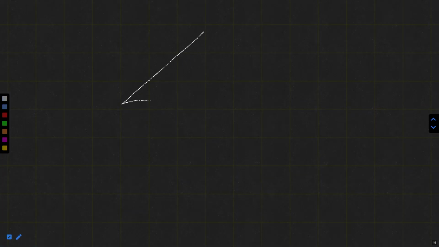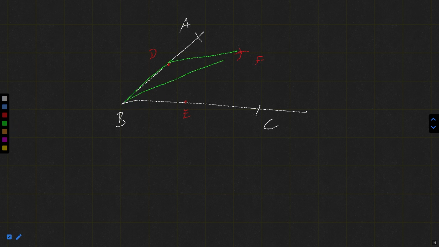So here is C, A, D, B, we know this is E, D, and the intersection is F, and in this green triangle and in this triangle we see